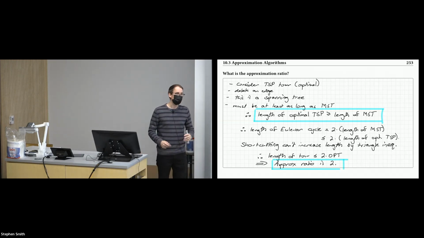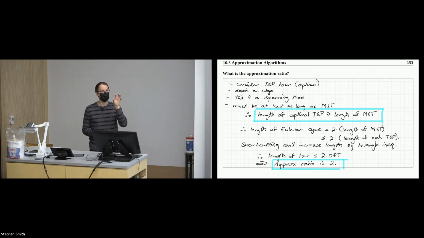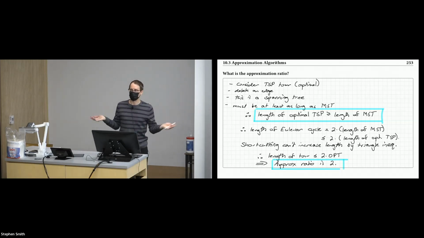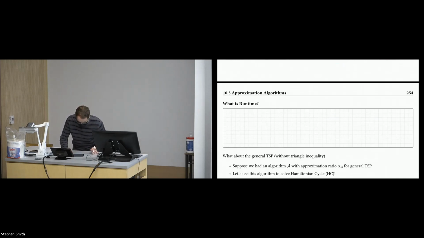And so the bottleneck is going to be computing the minimum spanning tree, which in our case, the TSP instance is a complete graph, so it has v² edges in it. And so the runtime for minimum spanning tree is going to be v², and so this overall algorithm runs in v² time. So let me just sketch that out, the argument I just made. MST is order v² time